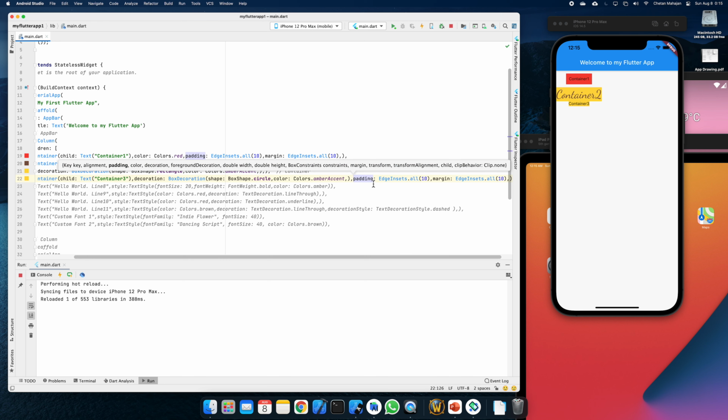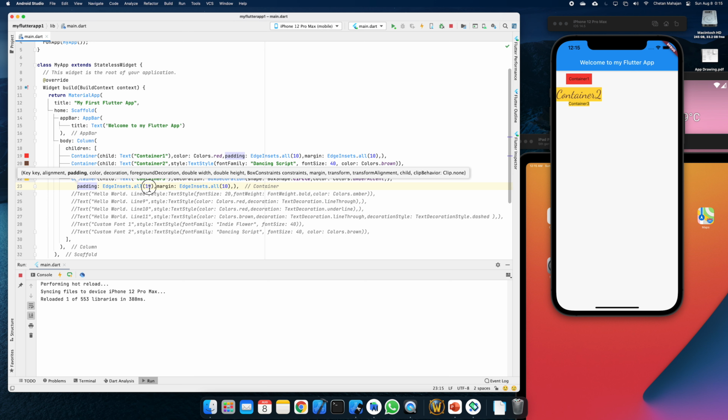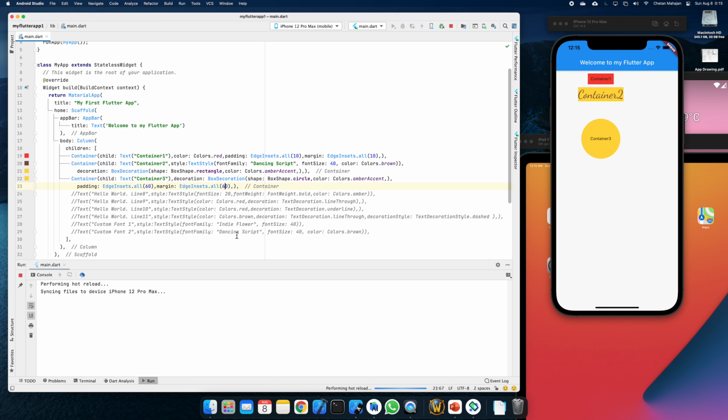Okay, and maybe a new line for the ease of understanding. And if you want to make it really big, give it 60, give it 60, it will be massive. Yeah, so a lot of margins and a lot of padding. And definitely you can also do a text decoration of this text. But if you want to make it rectangle and try different things, give it a decoration of rectangle, or maybe simply